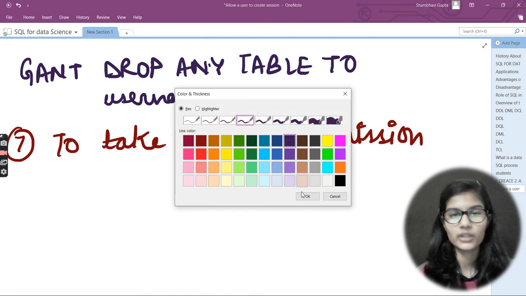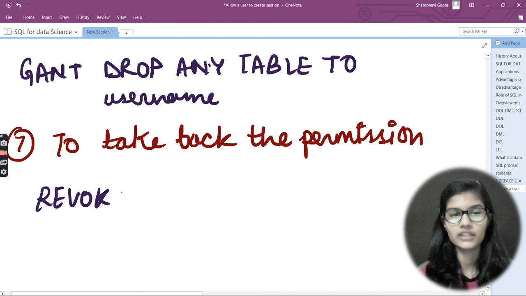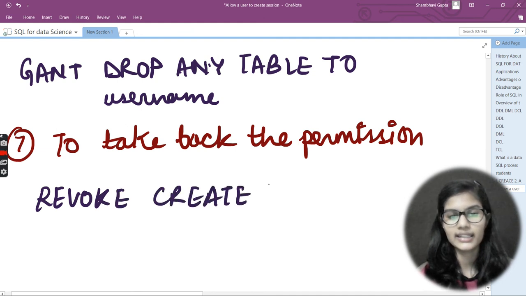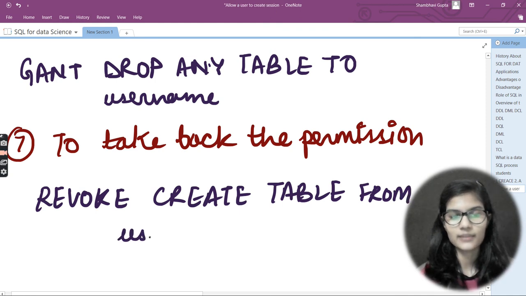This we had already seen previously, right? So I would just write the command for that. The command is revoke create table from, and here at last comes the username. So revoke create table from the username.